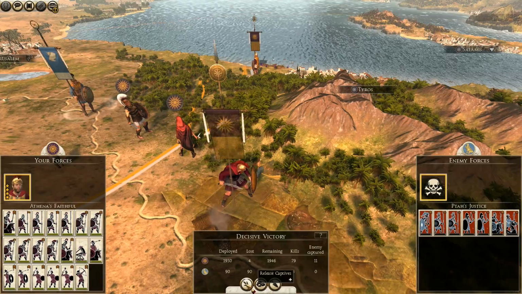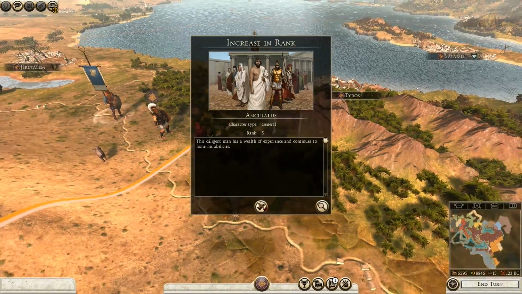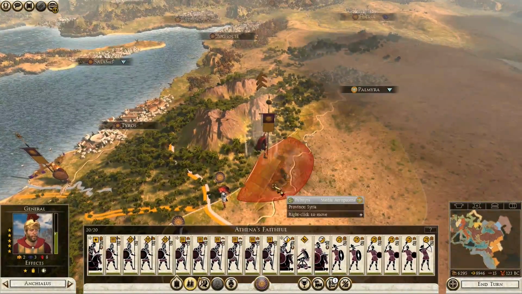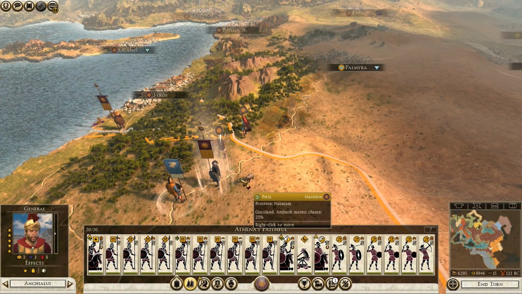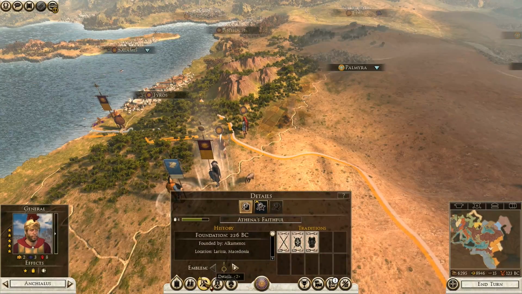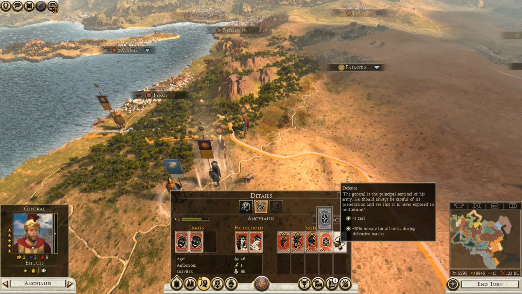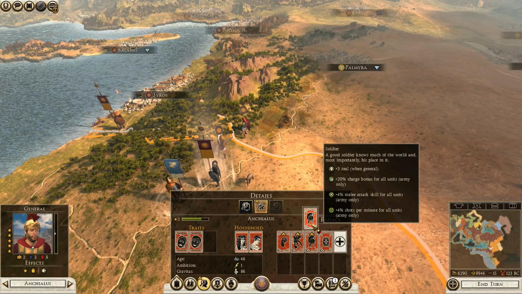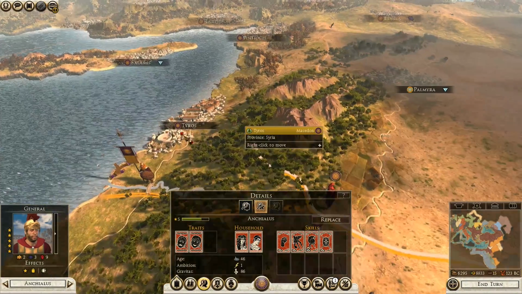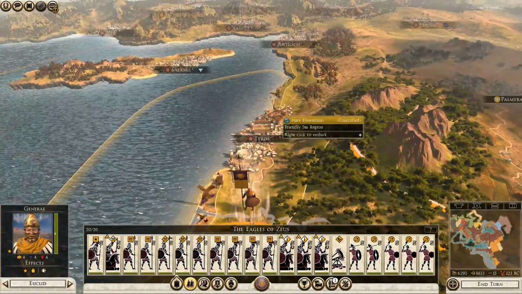Yeah, I did violate their territory, but I needed to. Advance. Ready for further orders. All right, cool. So what I want to do is, yeah, we'll do this. All right, cool. And then I want to bring this army, ready for orders,